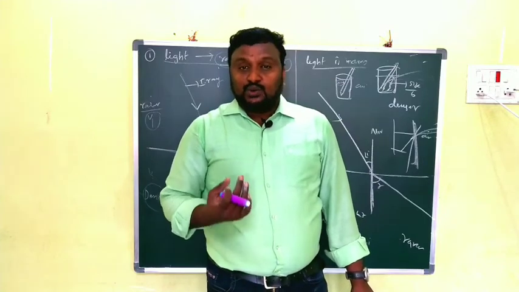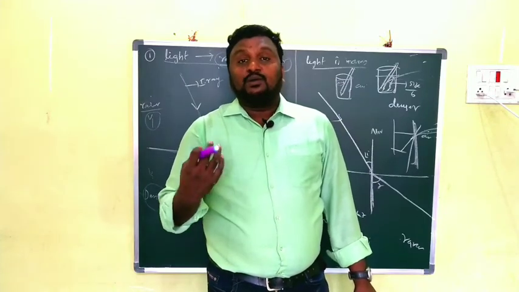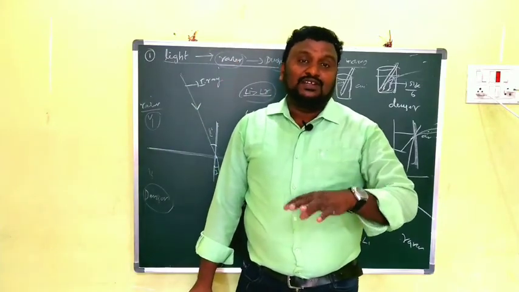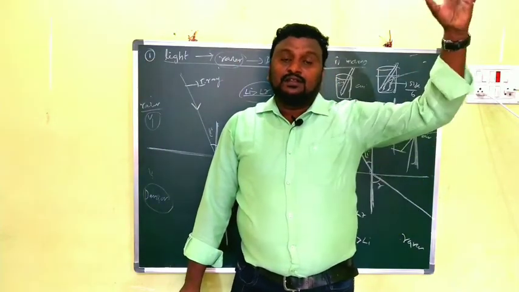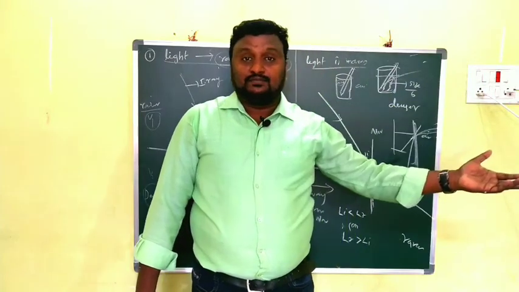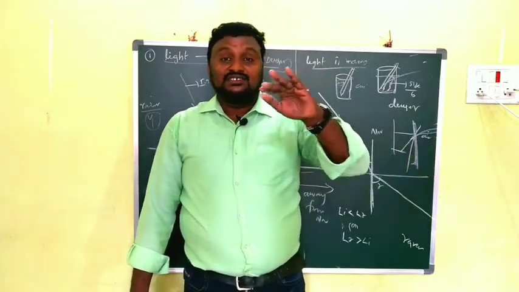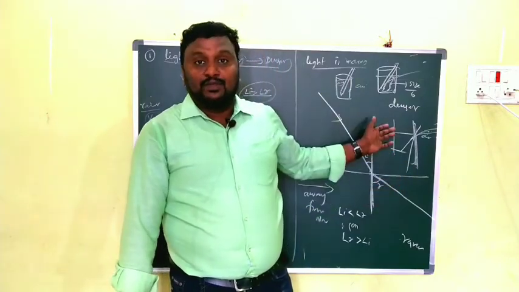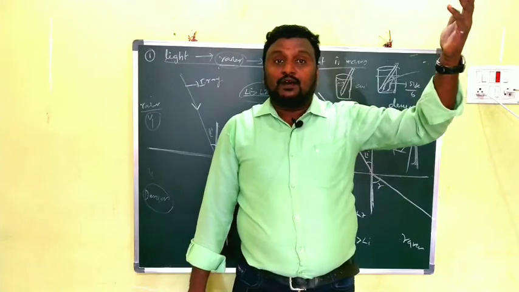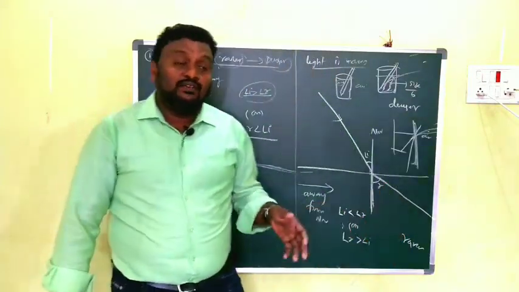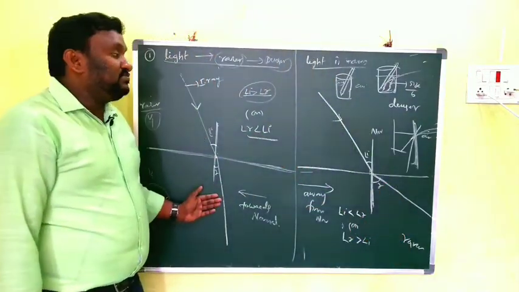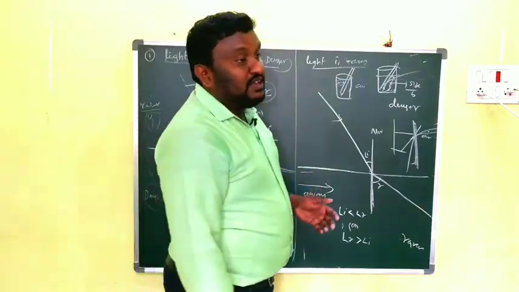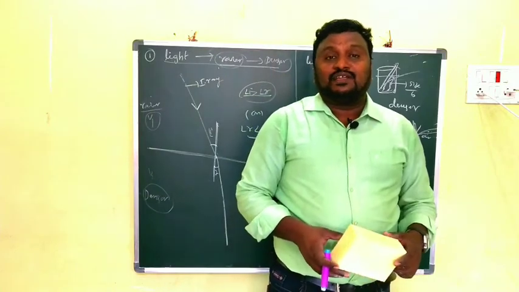Clear? So that's why, children, you have to observe this. A fish in the water seems to be here to the person who is on the bank of the water. The view seen by the fish is from denser medium to the rarer medium, while the person above the bank observes the phenomenon like this. So these two are the reasons why we get different types of images